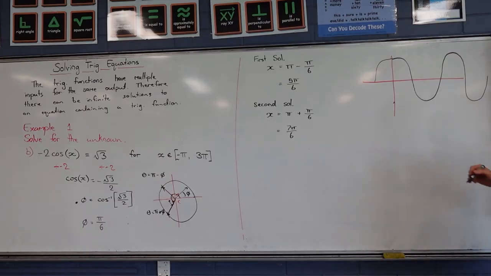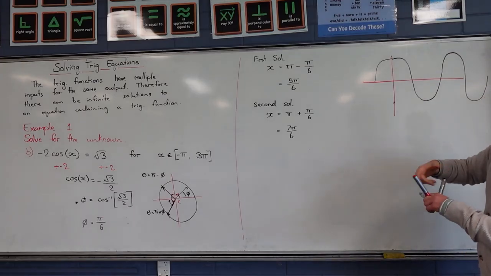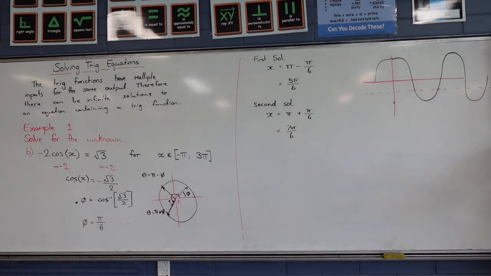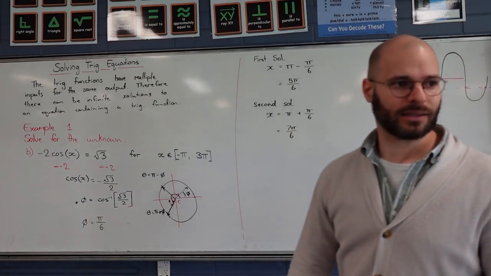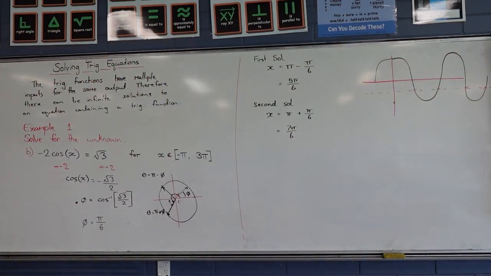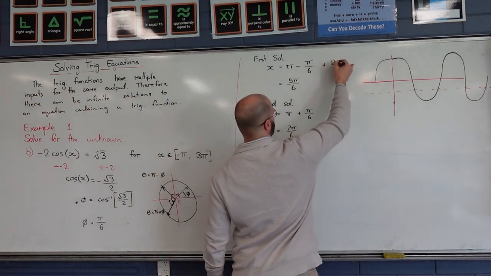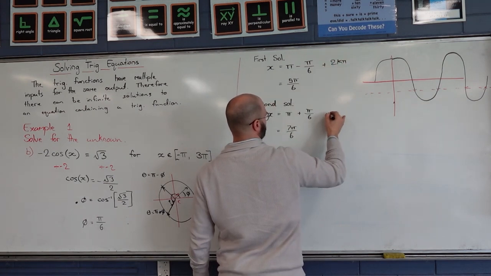So what we've found is that we found a solution here, and we've found one there. How many more solutions are we going to get here? 2 more. We're going to get one here and one here. The question is, how do we find where they are? The simple answer is you use your calculator. To algebraically show that you're looking for them, you go plus 2k pi here, plus 2k pi here,